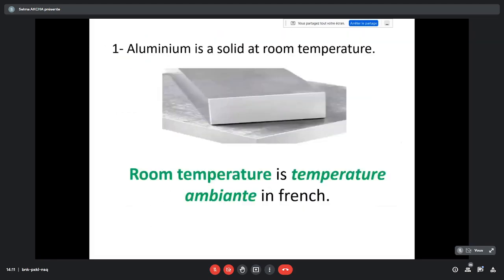In order to know whether it's heavy, let's go back to the periodic table. Look at the other metals. Regardez les autres métaux. Look at the other metals like zinc, for example. Zinc, 1 mole of zinc weighs